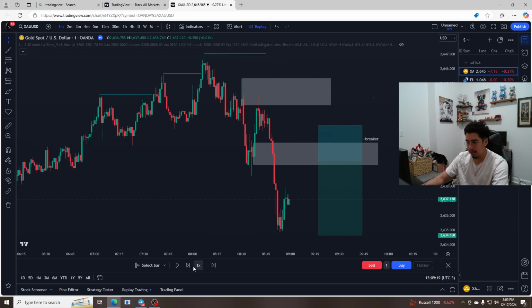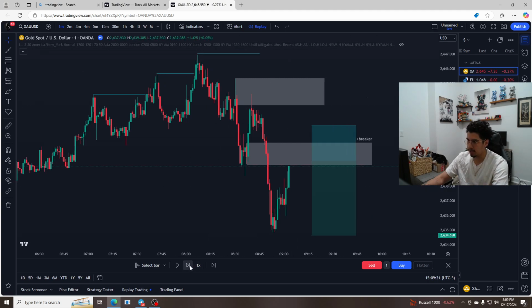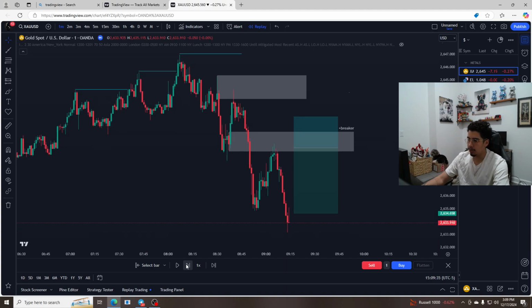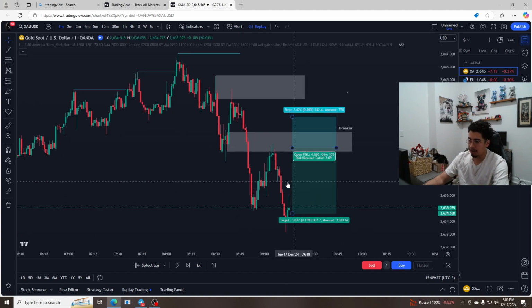So if we now replay this bar by bar, we can see how price up here starts showing us a little bit of some rejections, right? And that's when you want to be in the trade, because it's showing you rejections that it does not want to go up higher from that breaker. And you have all the signs that price wants to drop. So you just take that sell and we can see how price dropped all the way from there beautifully